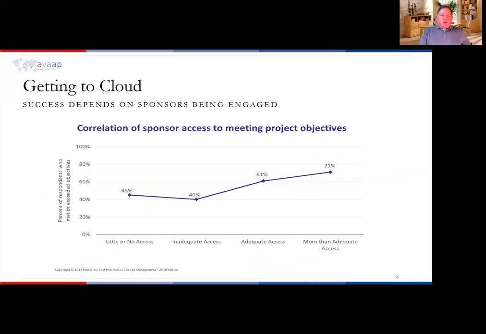All right, so one last slide on change management. This slide is really telling, and I'll just describe it real quickly. This actually shows the correlation of executive sponsor access in meeting project objectives. The bottom line is sponsors have to be engaged, okay? So if your executive team feels that, hey, we've initiated this project, we've gone down this path, we've got this project team working on it, and they go off and do something else,